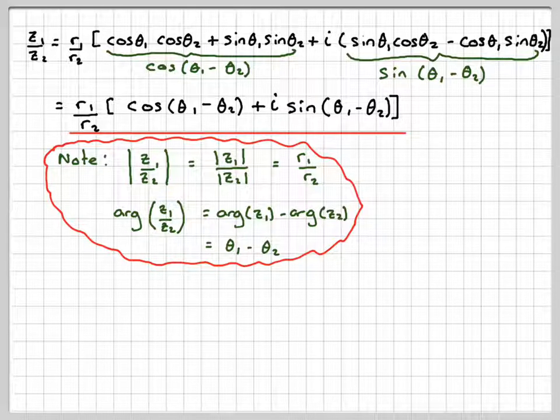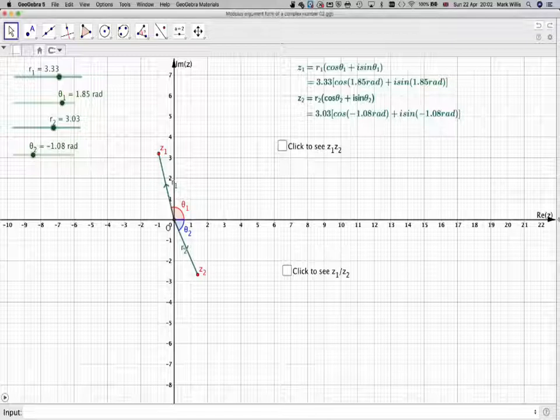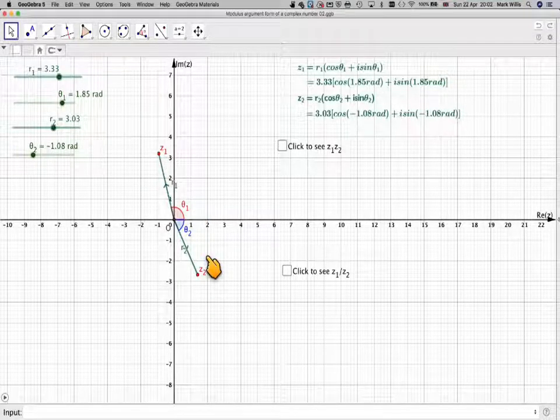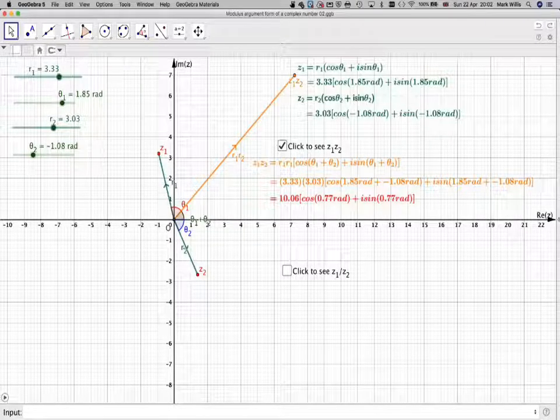I've done this in GeoGebra, and I will put the link in the video. Here we have two complex numbers. Here we have Z1, here we have Z2, and here we have the angles theta 1 and theta 2. You can move these around using these sliders here. If we do Z1 times Z2 from here, it will look like this. It will go up here somewhere, where the angle here